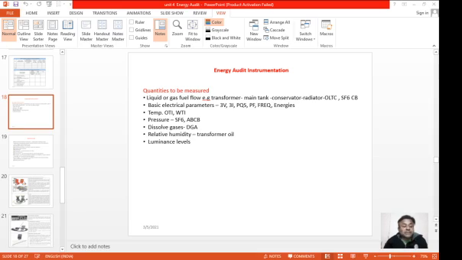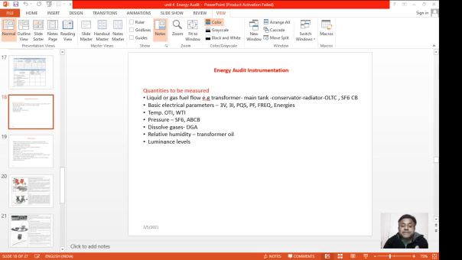Then measurement of temperature is also there in a number of devices. For example, the oil temperature indicator or winding temperature indicator provided inside a transformer performs measurement of these temperatures. The temperature of oil and the temperature of winding is required to be maintained, because if it goes beyond the threshold temperature, then there may be a problem. Therefore, temperature monitoring is also required to be done by equipment like thermometer and thermostat, etc.